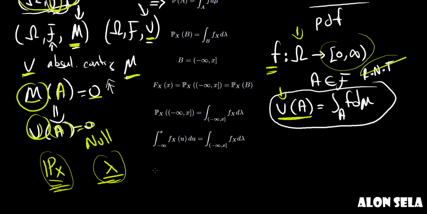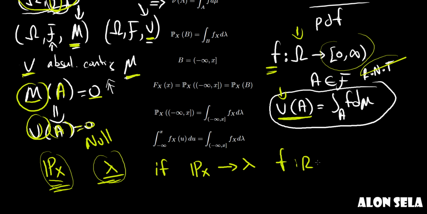If the probability measure given by the random variable x is absolutely continuous with respect to the Lebesgue measure, then according to the Radon-Nikodym theorem there is a non-negative measurable function